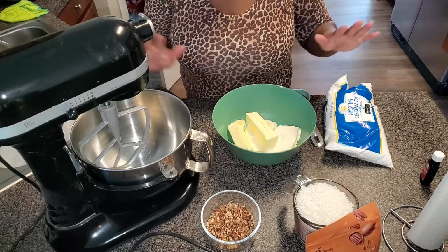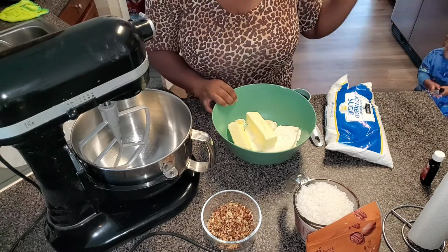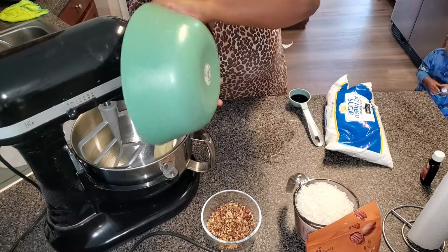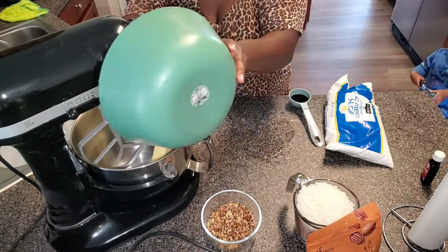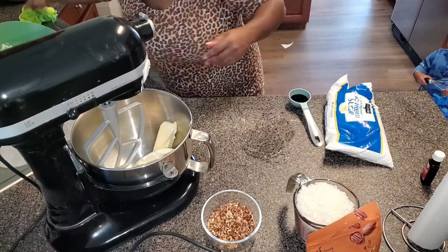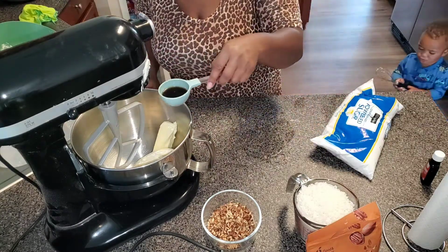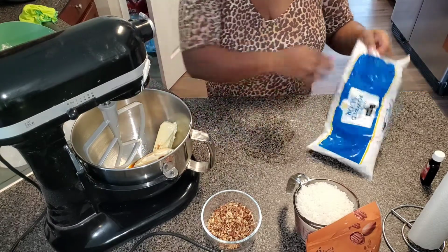Okay, so I've cleaned everything up and we're going to start on the icing while the cake is baking. I showed you earlier, a cup of butter and 2 sticks of softened cream cheese. I'm gonna do 2 teaspoons of vanilla and a half a teaspoon of almond. And then